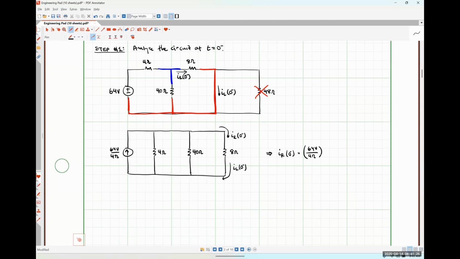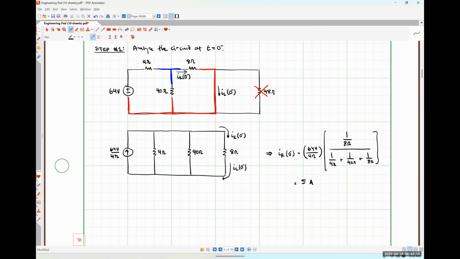Again, I believe it's just 16, but then I would have 1 over 8 ohms divided by 1 over 4 ohms plus 1 over 40 ohms plus 1 over 8 ohms. And this comes out to be 5 amps